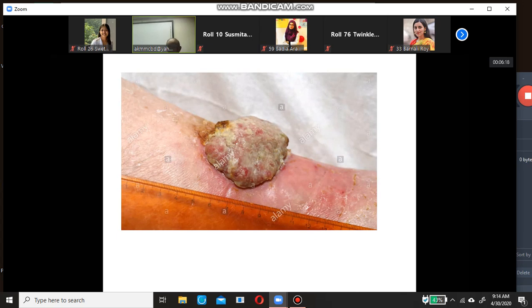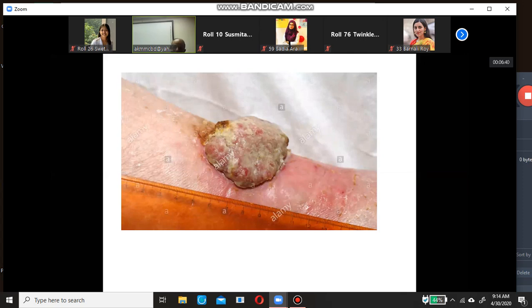Splenic injury in your examination is more common than liver injury. I have not yet seen a question on liver injury, but ruptured spleen, tear in the spleen or splenic injury is more common.